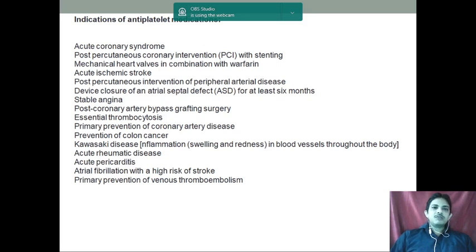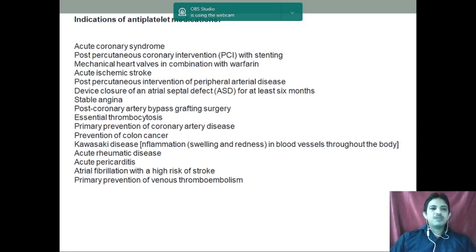Now, the indications of antiplatelet medication. So, acute coronary syndrome, it can be used. Then post percutaneous coronary intervention with stenting, which we have already discussed, it can be used. Mechanical heart valve in combination with warfarin, acute ischemic stroke, stable angina. Then device closure of an atrial septal defect, post